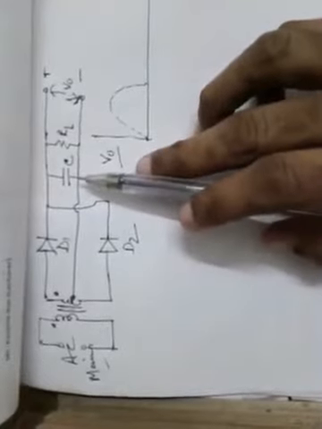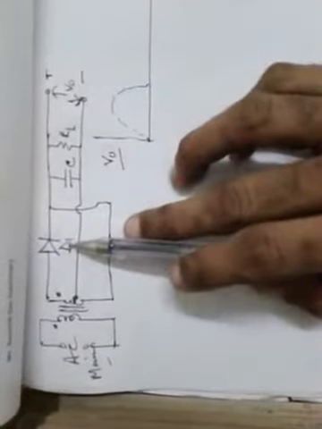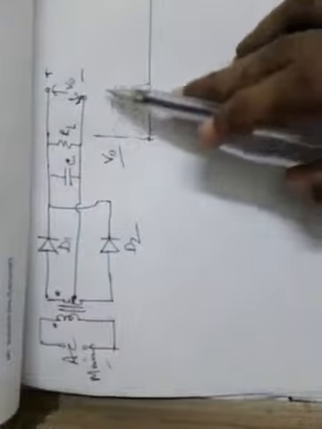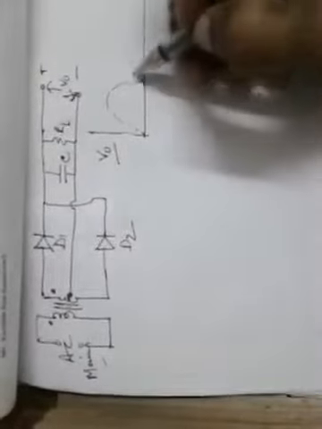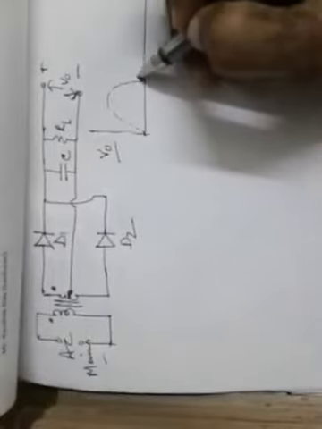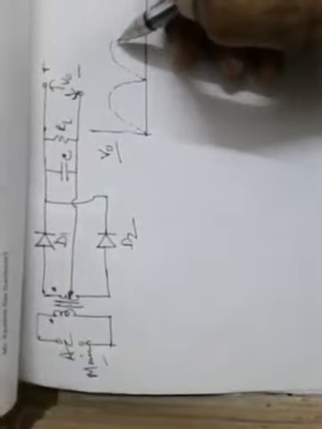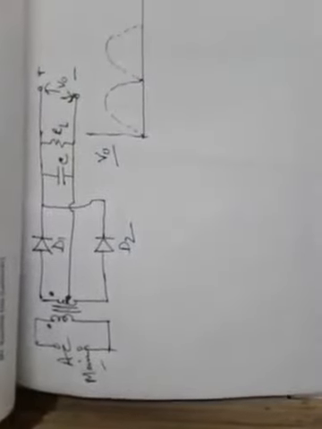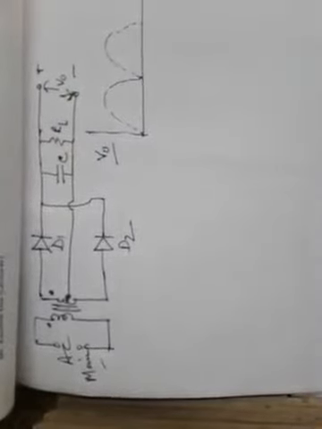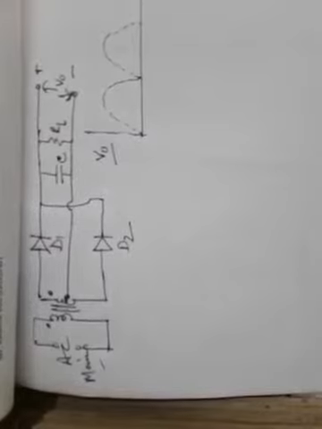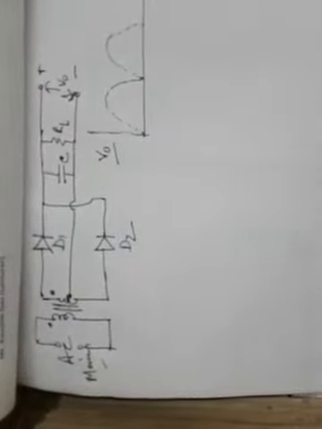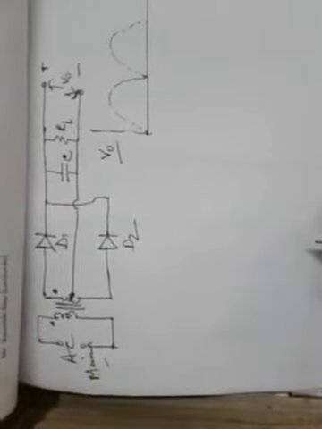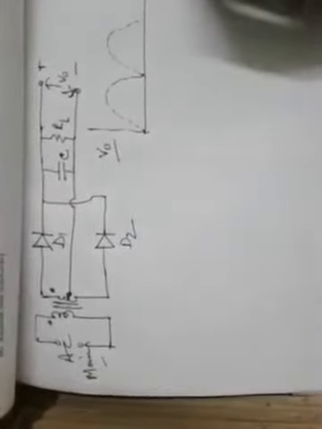So what we get is, for D1 conducting during the positive half cycle, this first dotted wave, and for D2 conducting in the negative half cycle, the second dotted wave, like this. For a sinusoidal input signal, a series of half sinusoidal voltages will appear at the output like this. So this is known to you.